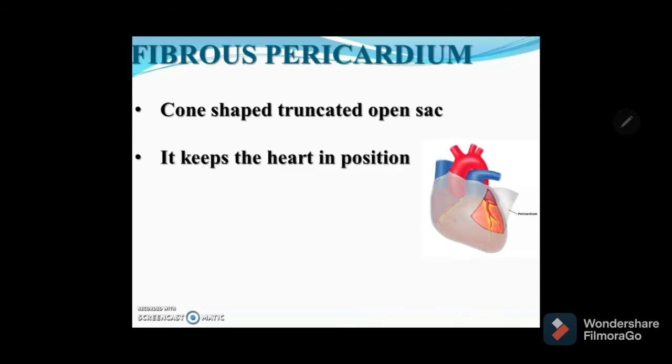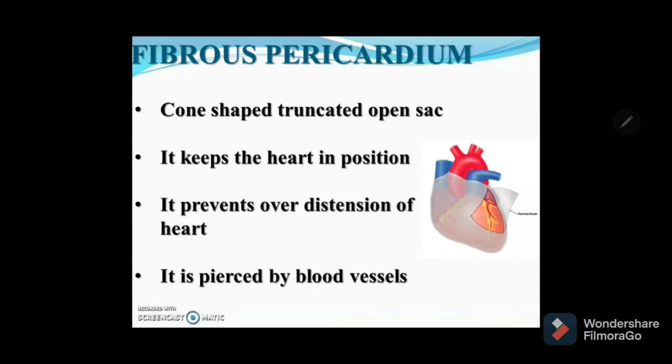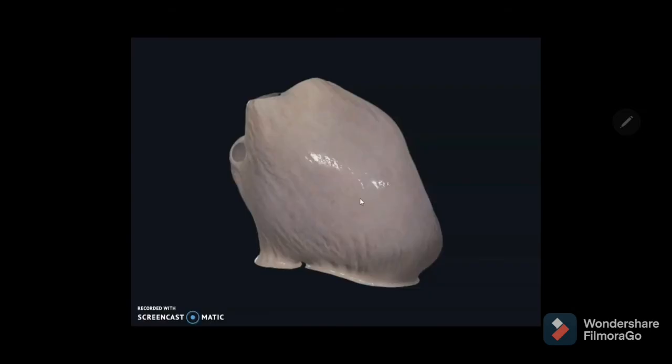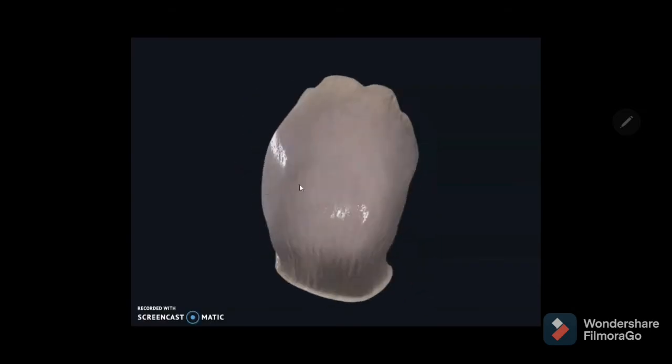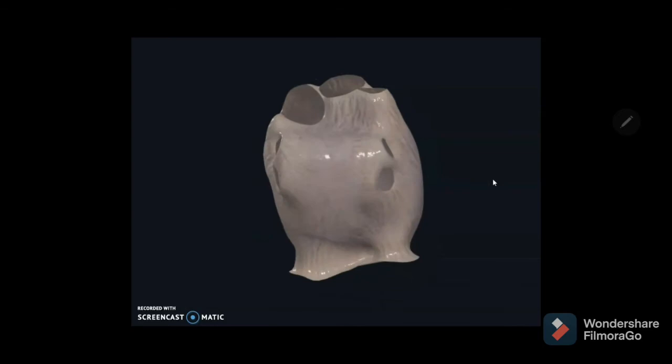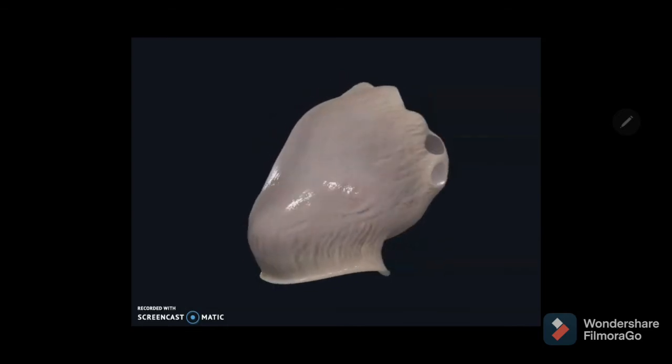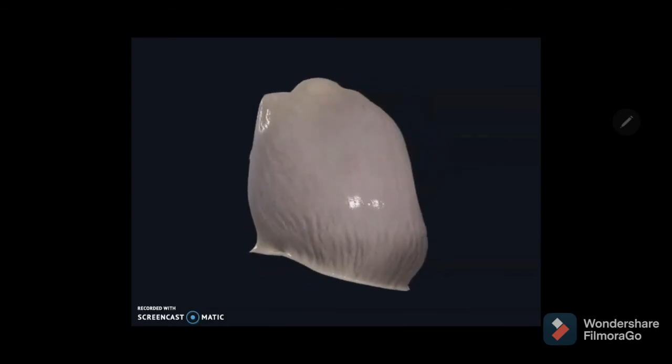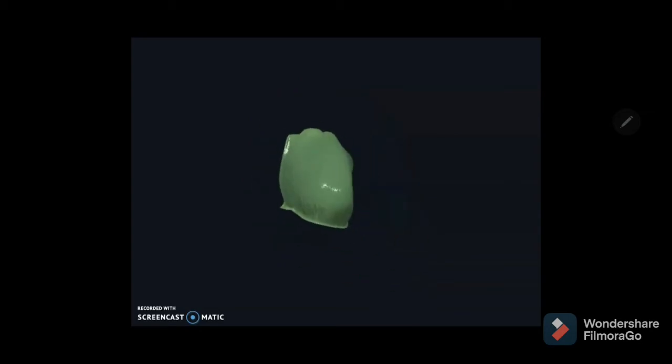So what is fibrous pericardium? It is a cone shaped truncated open sac. It keeps the heart in position and prevents over distension of the heart, and it is pierced by the great blood vessels as it is covering them near their root. So you can notice here, this is the fibrous pericardium that you are observing. It is a conical, open sac through which the heart enters inside,